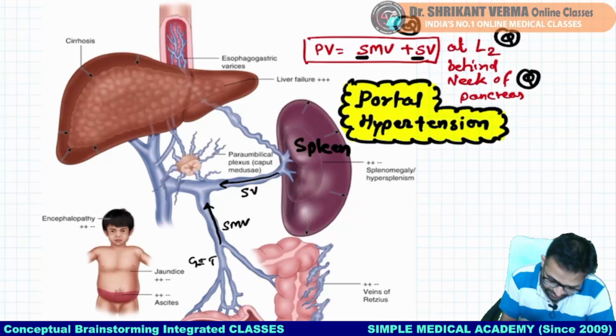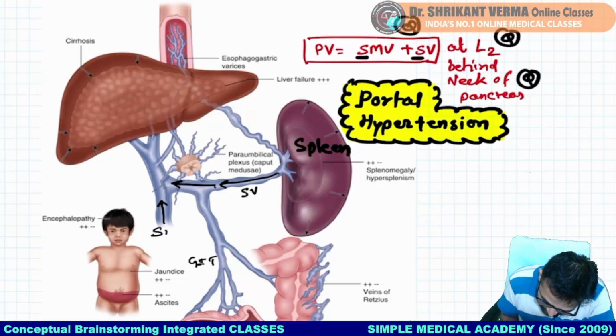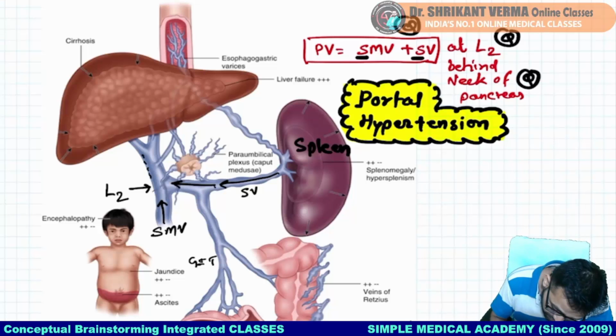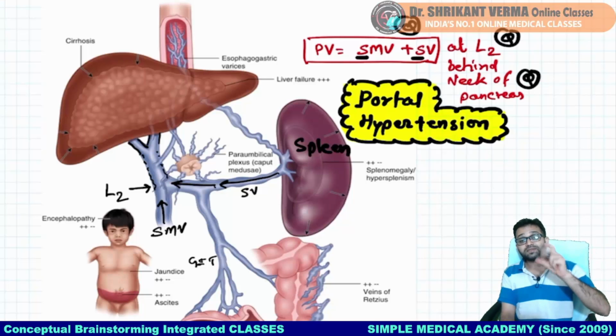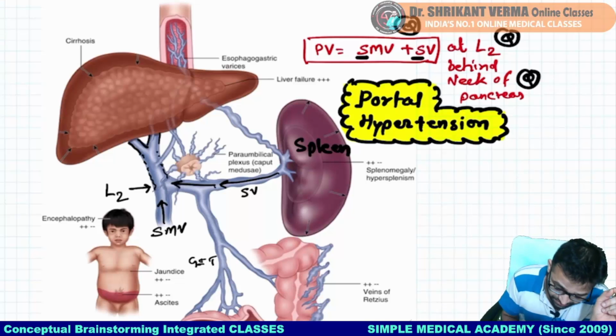This is our superior mesenteric vein. So splenic vein and superior mesenteric vein both are uniting behind the neck of the pancreas at the level of L2. So there is a formation of the portal vein. This particular vein is our portal vein, which is dividing into the right and left division and supplying our liver. Remember, the main blood supply of the liver is the portal vein,